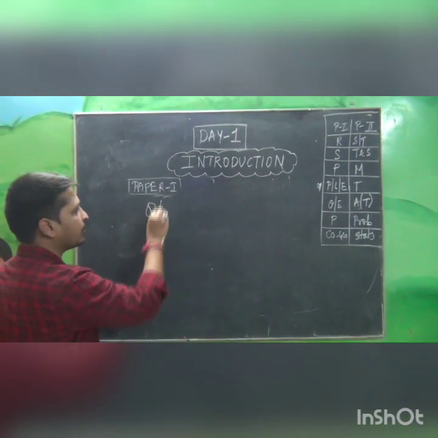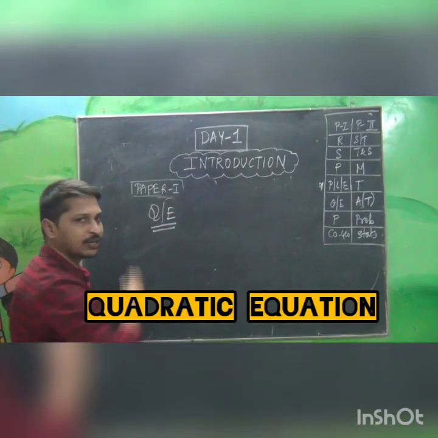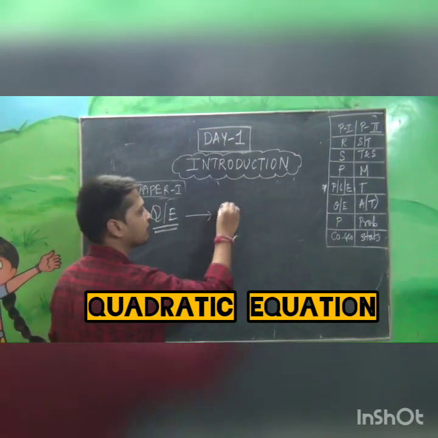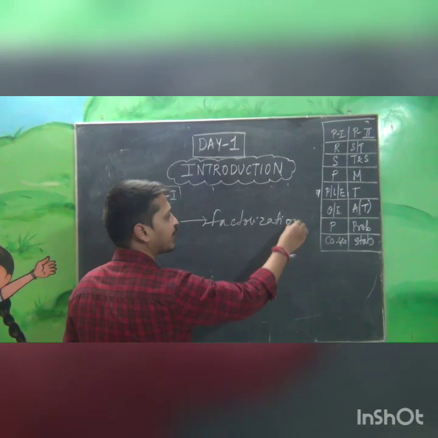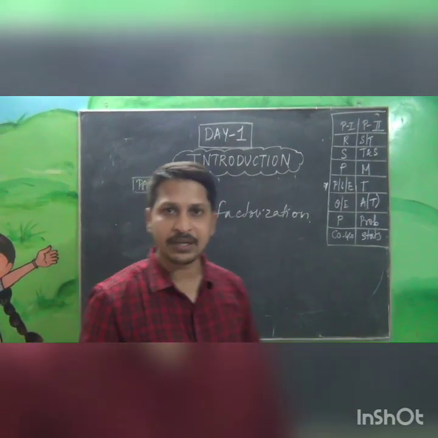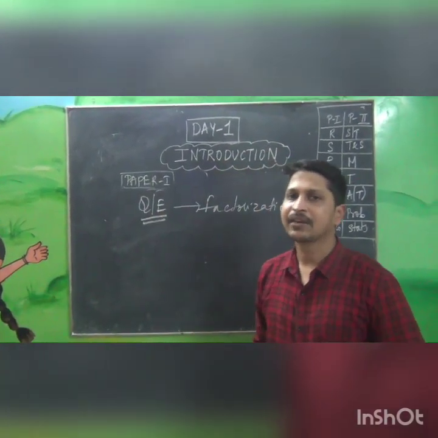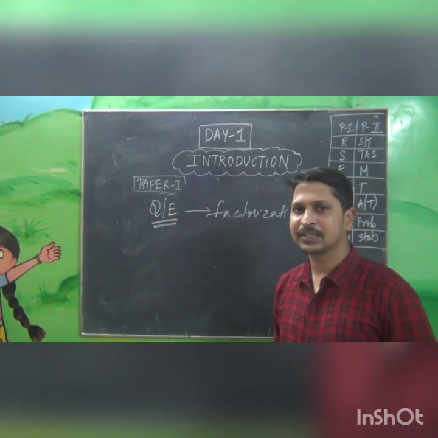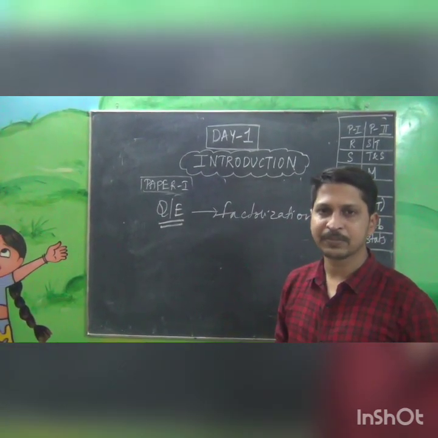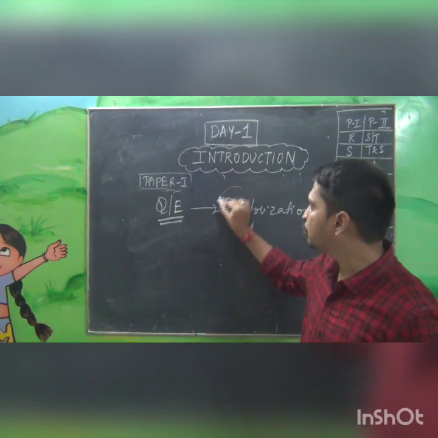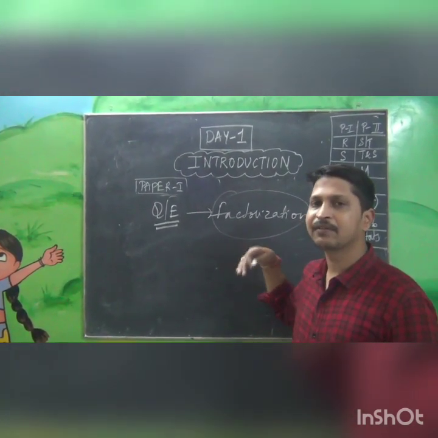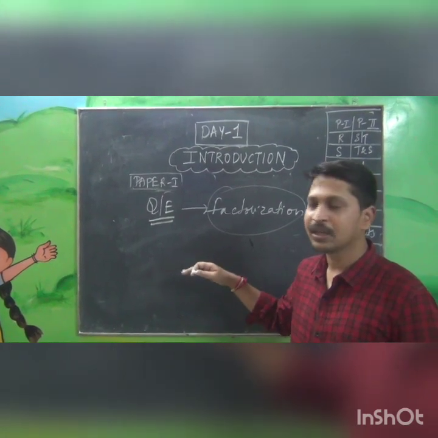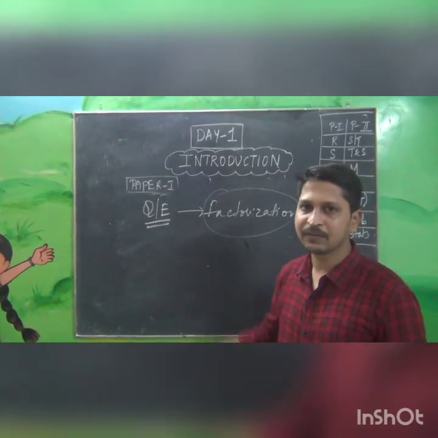So, just quadratic equations. Here we will deal with factorization, which you are very familiar with from your lower classes. We have a few students whose factorization, like the tables part, is not good. We have different methods of factorization. Factorization is one of the methods, and we also have the formula method. So by the formula method also you can find the factors.